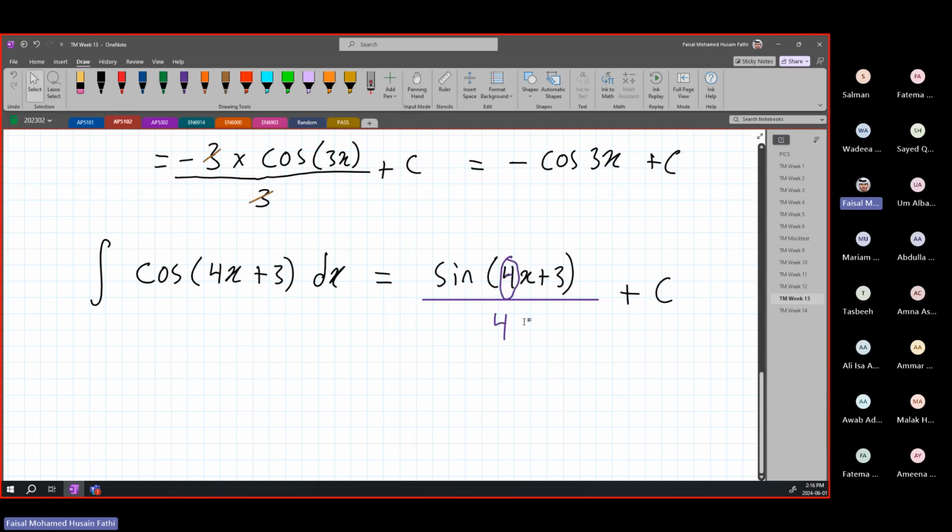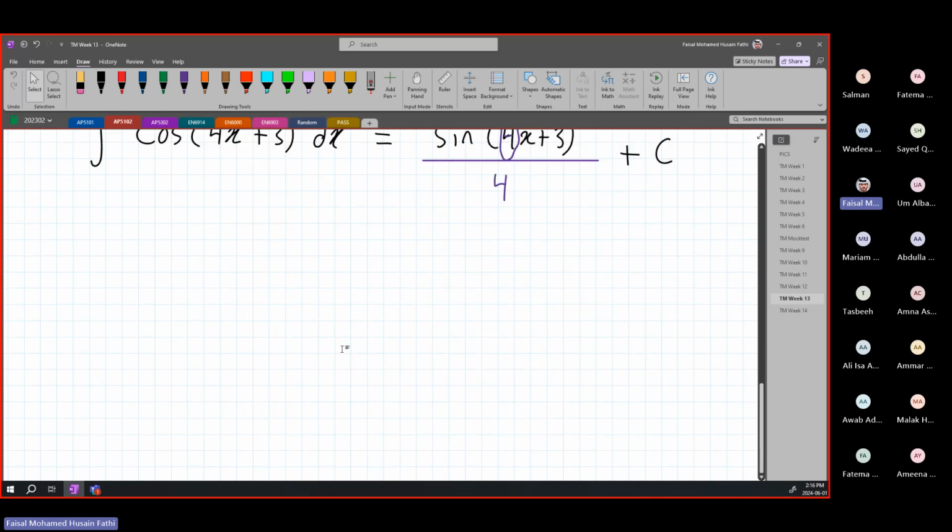Do not worry if you have x squared, x cubed. I did not see any questions like that. This is the most complicated it gets for trigonometry. All right. The next thing I should say, the integration of exponential values.